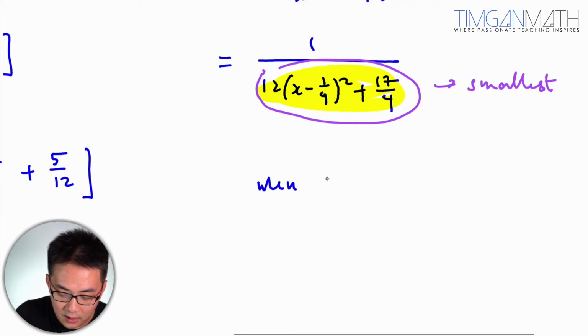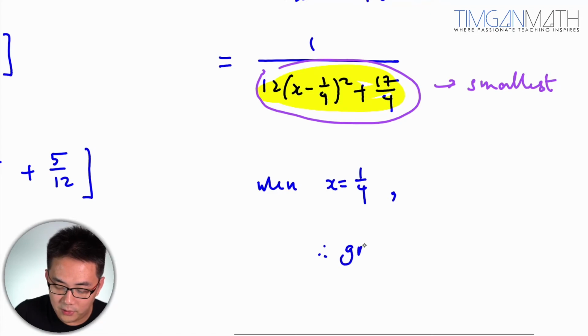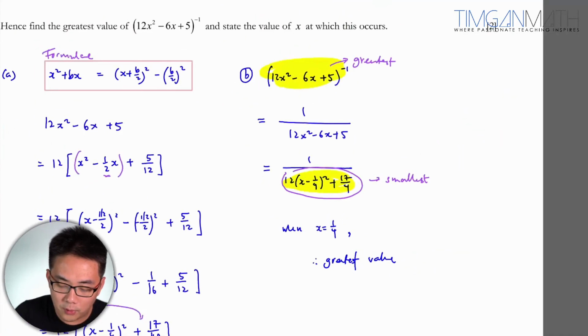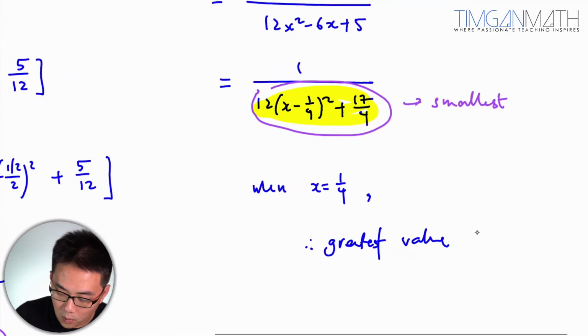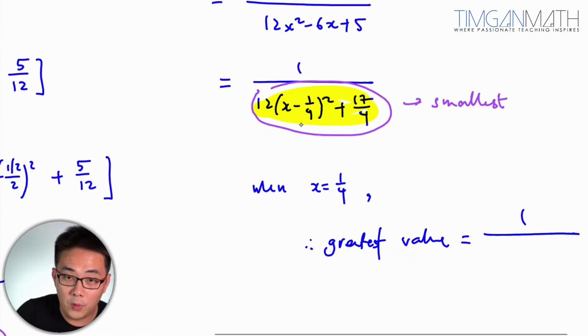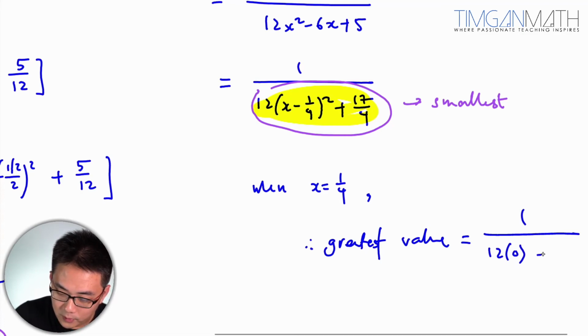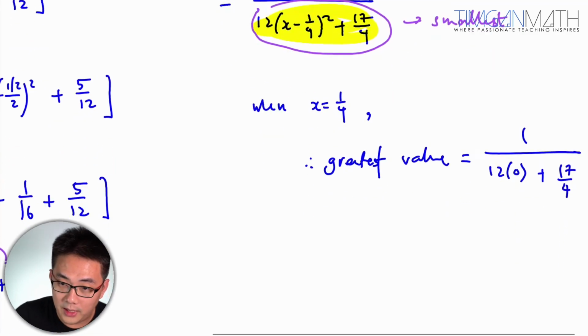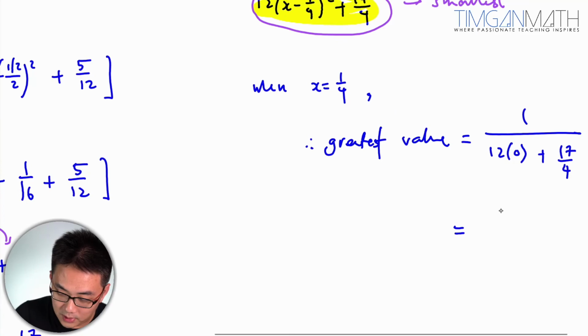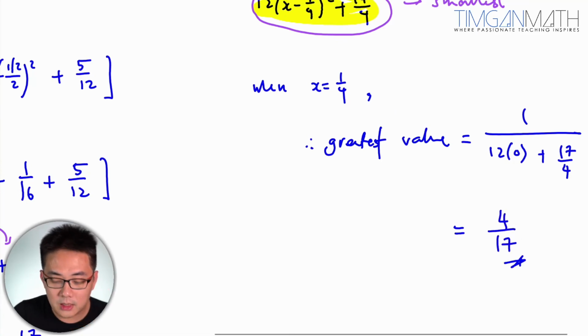When x equals 1 over 4. Okay, and hence the greatest value of the overall part right here will just be 1 over, when this is 0, so this is 12 times 0 plus 17 over 4, and that will be 0, so this will be 4 over 17. Yep, this is how we do this question here